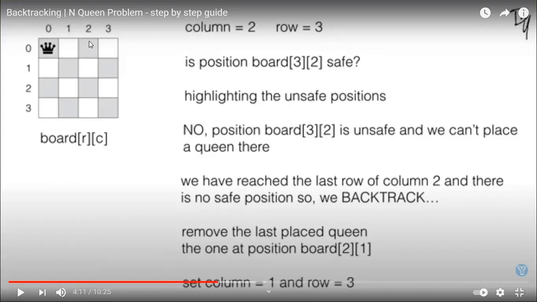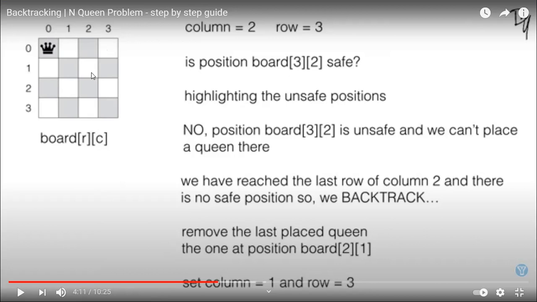But this is not a safe position. So what we will do, again, we reach here at the last row of column 2, and then this position is not safe. Then we backtrack and we remove the last placed queen at position board 2-1. So this queen is removed because we have again checked for this position also. But actually, obviously, here there is a queen, so this is not a safe position.